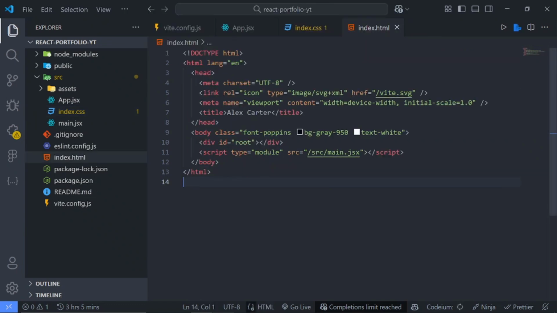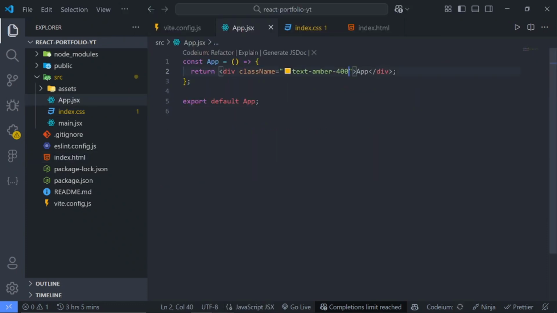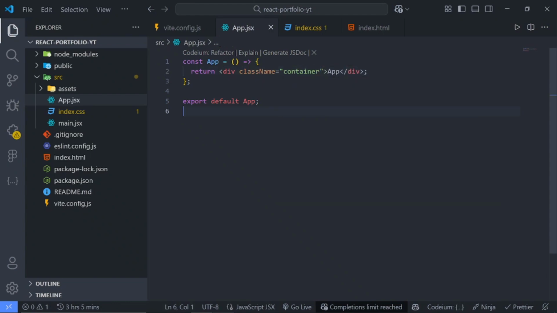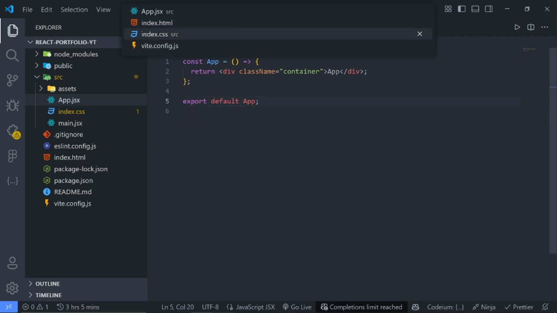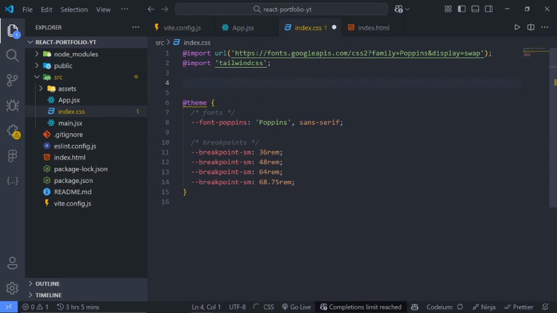If I go back to my app.jsx file, and I change this to a container, what this does is that it adds a max width at different breakpoints. So if we check now, you can see that following the breakpoints that I have, it's supposed to start right here. For that to be enabled, I think it's something they removed. We'll have to